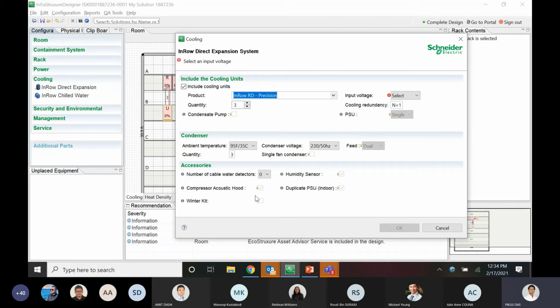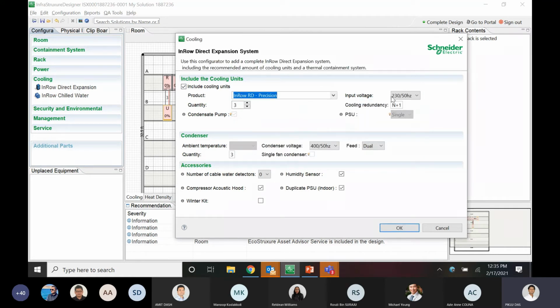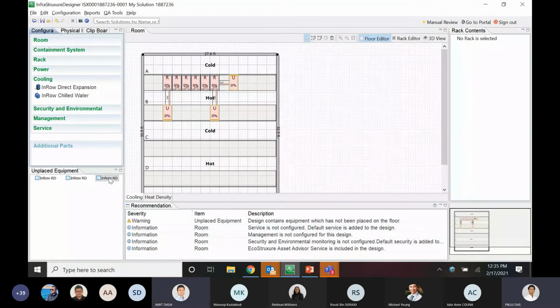That logic is already built in: we only enable the components or options compatible with the offer. For this offer, only the number of cable detectors is compatible, along with the other ones. So I'll click OK. Three quantity of my Inro RDs.